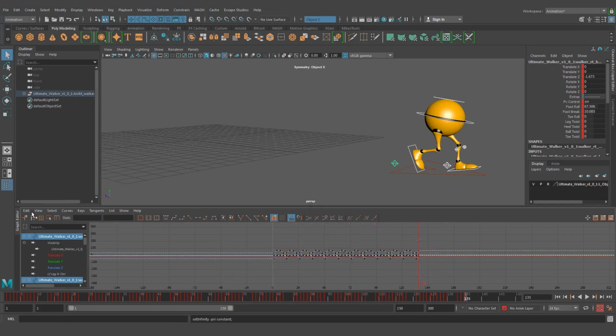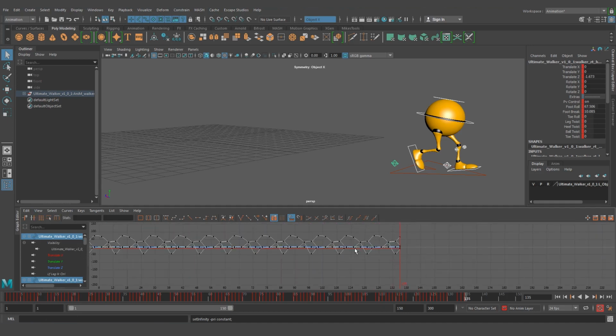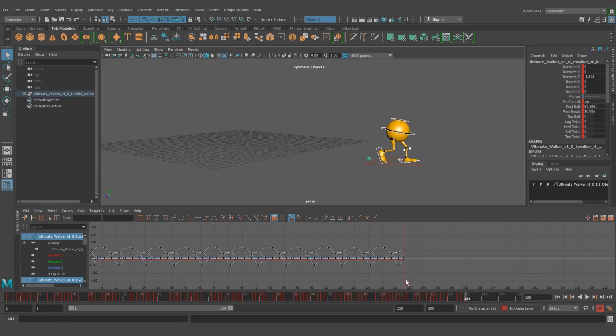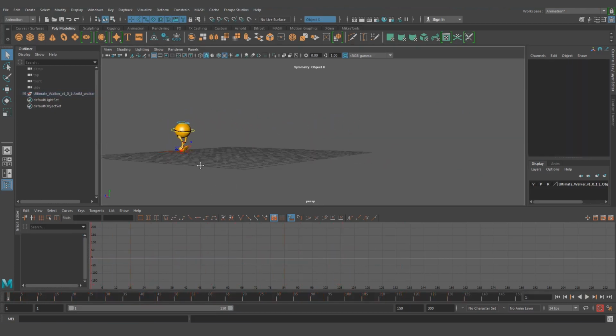And then we can also go under view and take off the infinity, which is a bit annoying. So now, if we press play, you guessed already what happened: our character is gonna walk forward until frame 135,